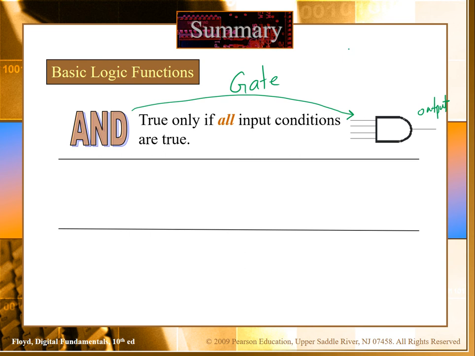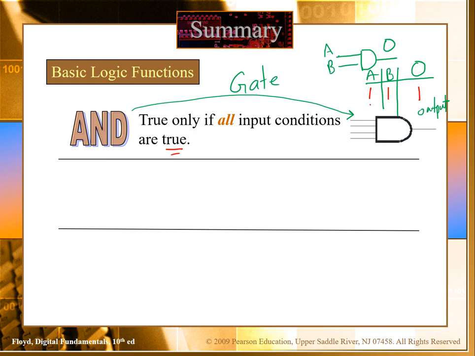Let's consider a basic example. This is my basic AND gate. I have 2 inputs A and B, and one output O. Let me draw here: this is my input A and B, and this is my output O. This statement means if all conditions are true, for example A and B, if both are true, meaning both are 1 1, then our output will be true, so it will be 1.